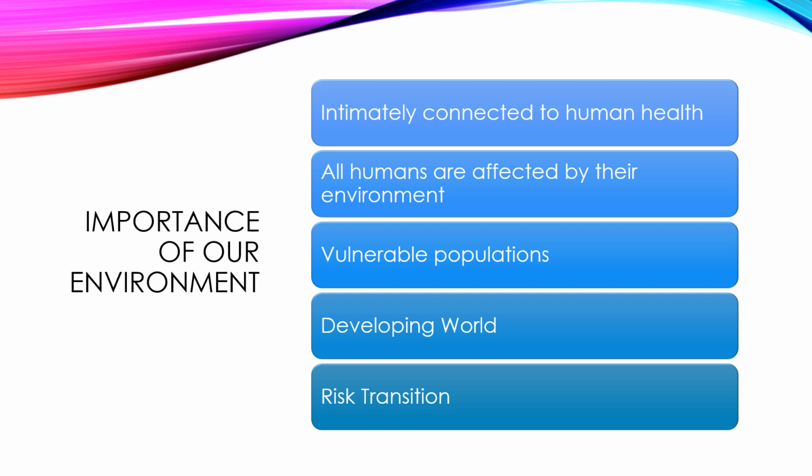The term environmental risk transition has been used to characterize changes in environmental risks that happen as a consequence of economic development in less developed regions of the world. Environmental risk transition is characterized by the following circumstance. In the poorest societies, household risks caused by poor food, air, and water quality tend to dominate. The major risks